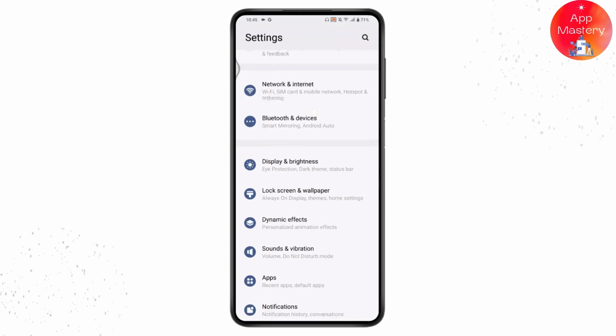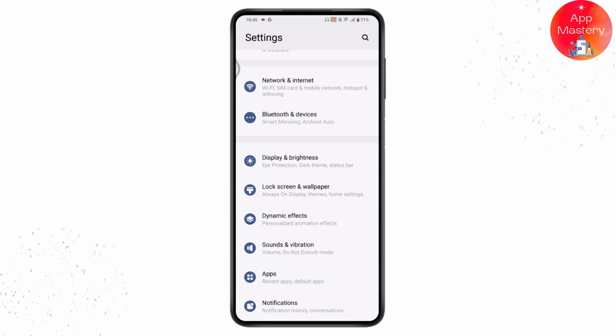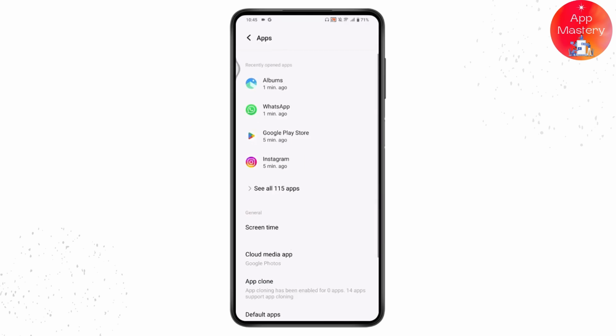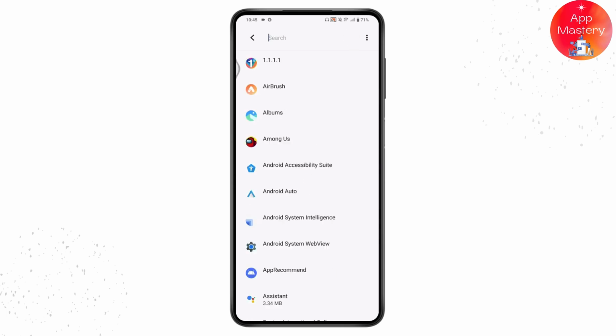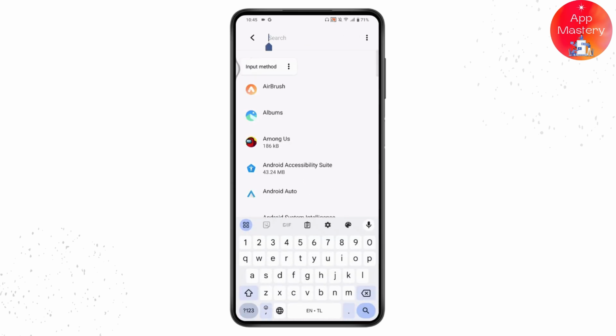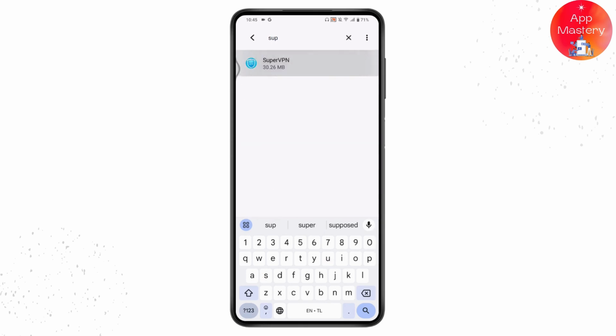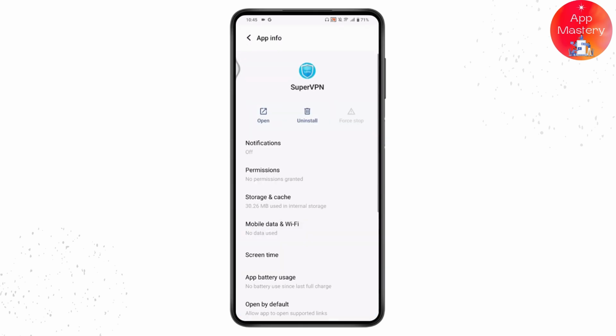Once you open your settings, scroll down, tap on the apps or go for the applications and go for see all apps. Once you open all of your apps, you need to go for the search, which is on the upper right. Tap on the search and then search for Super VPN and then tap on that application on your